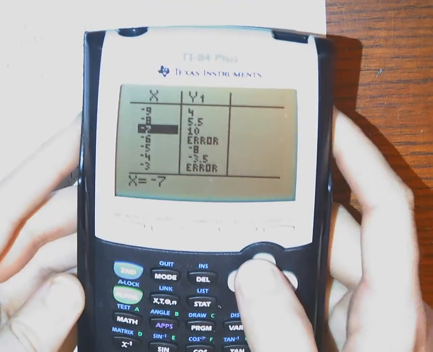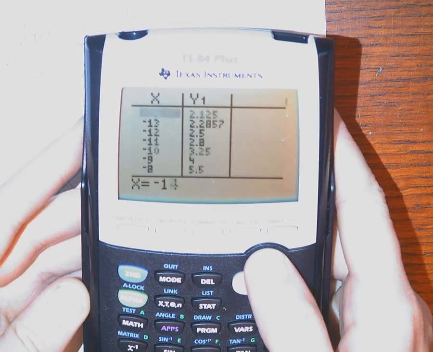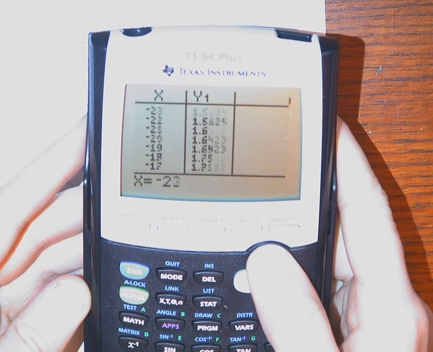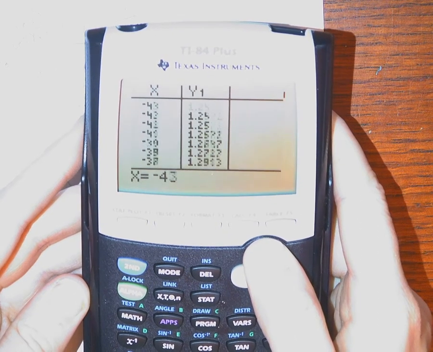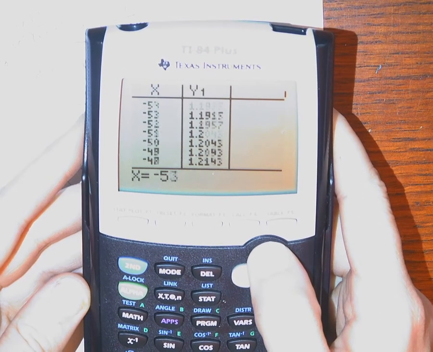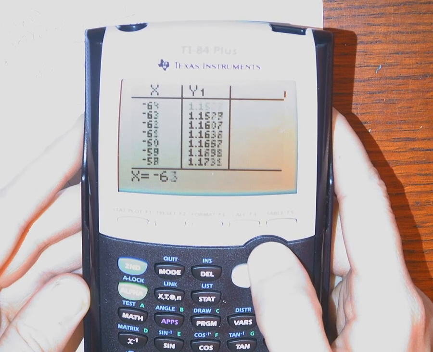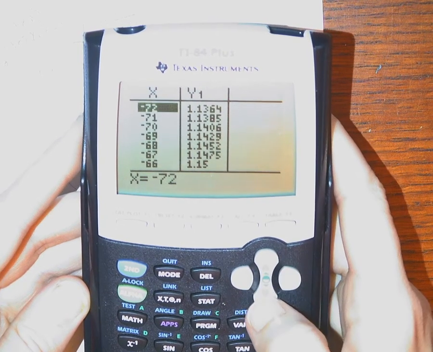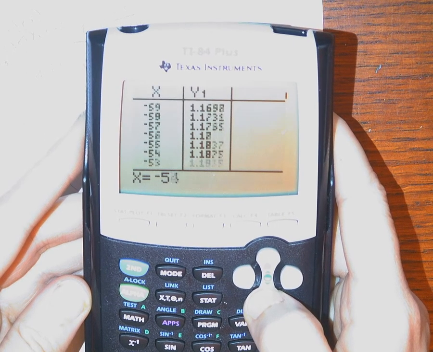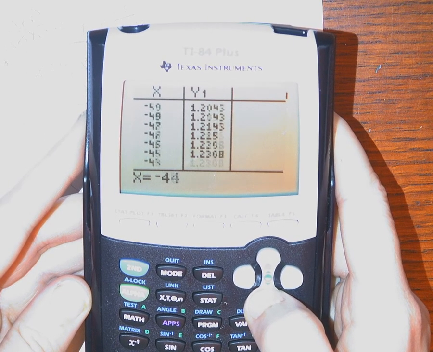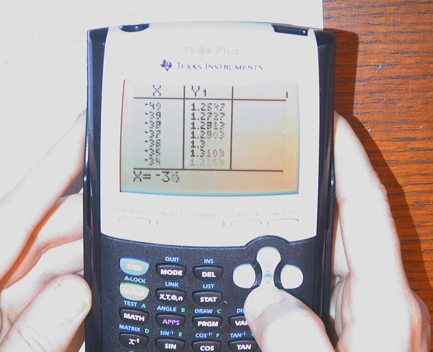If I decrease my x, I see that my values are getting smaller and smaller. So I can move closer and closer to 1 and see what's happening here. You can see I am getting closer and closer to 1, slowly reaching 1, but not exactly hitting that 1. I see it's decreasing very slowly towards 1. And then if I want to go in the other direction,